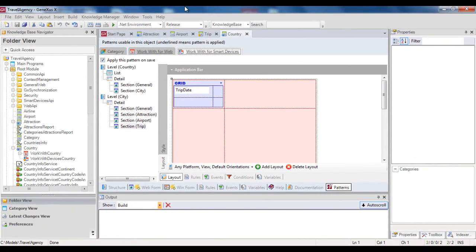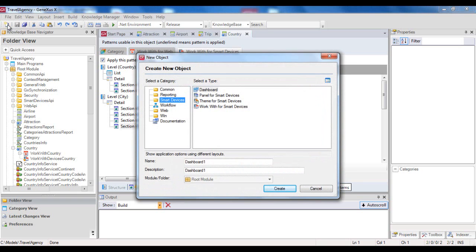Now we have to create an access menu in the device so that said menu connects to the functionality generated by the pattern. For this, we are going to create a GeneXus dashboard object. The dashboard object will then allow us to create access menus that conform to our application for smart devices. We select New Object, and in the Smart Devices category, we select Dashboard. We give it the name Travel Agency,